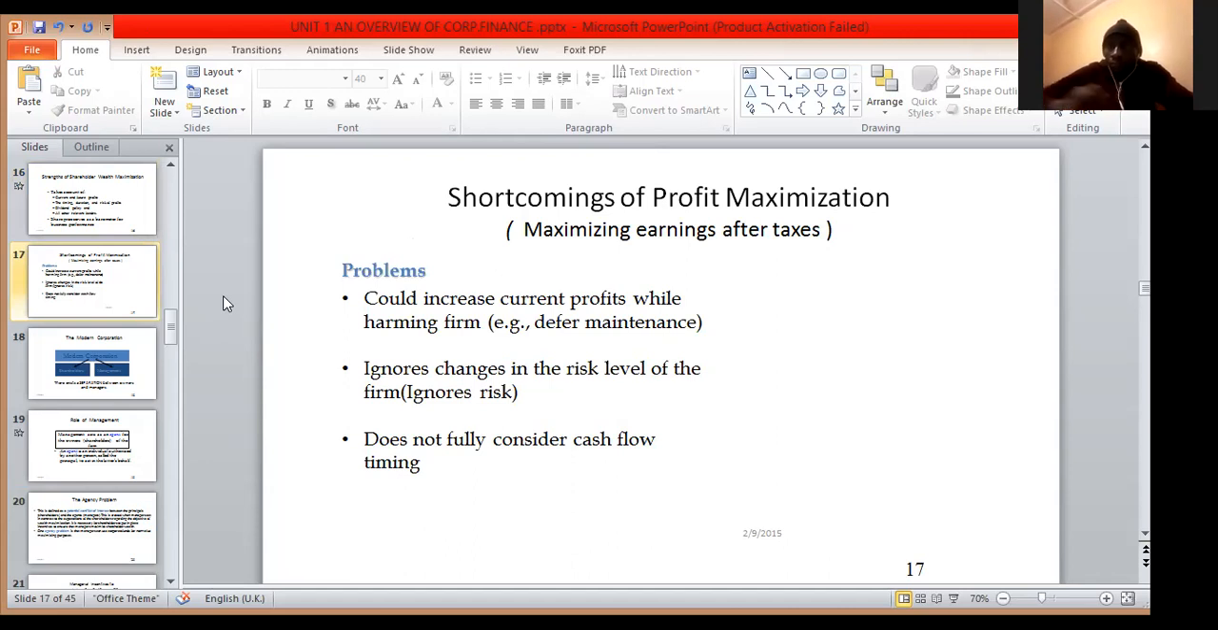There are shortcomings when it comes to profit maximization. There are times when you can increase profit while you are still harming the firm. When we are targeting profit maximization, we might be disadvantaging the firm. Imagine you are in a perfectly competitive firm where there's competition and